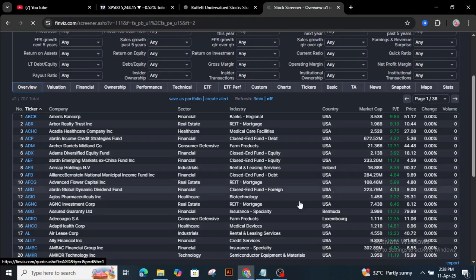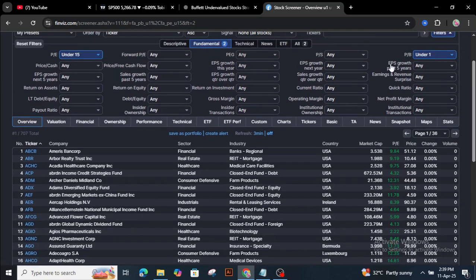But these stocks that show they may be undervalued, you also need to check if they are stable companies, good companies with good financial stability, like they are not owing debt, because too much debt can actually crumble a company. So you want to make sure they are not owing too much debt and that they are giving good returns. These are some of the things you need to check out.